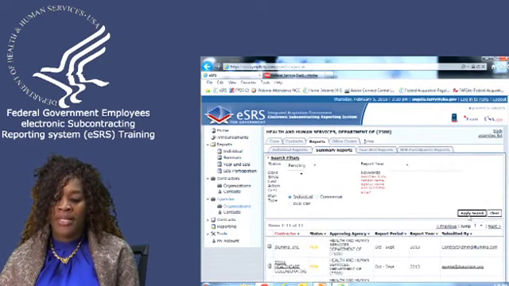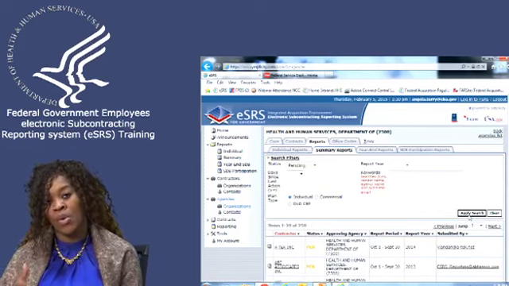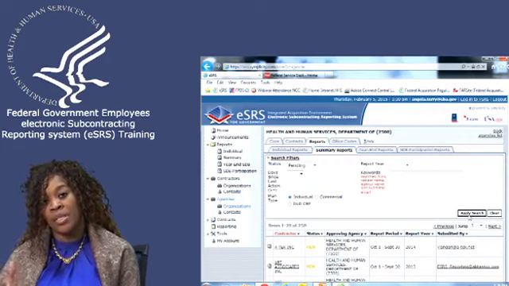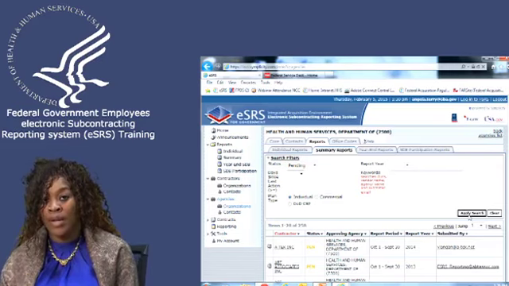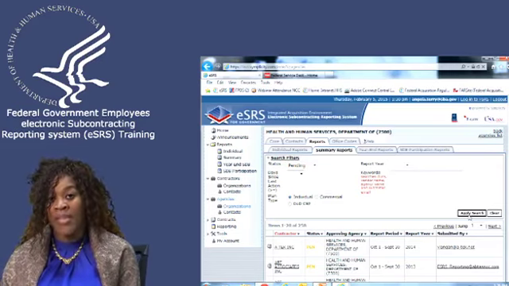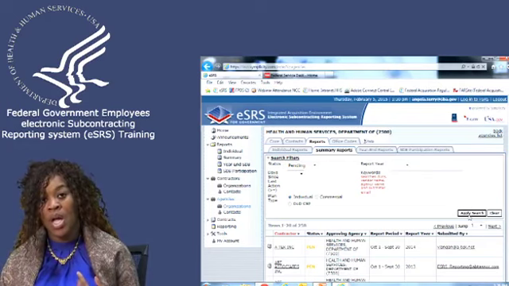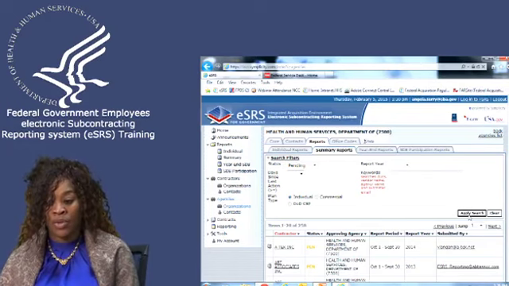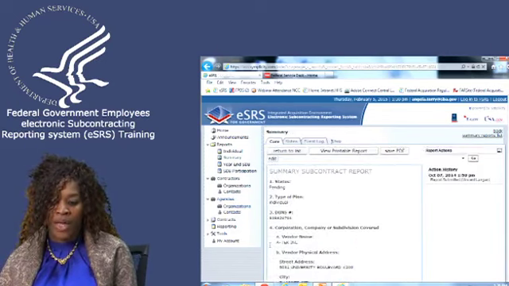So when you look at a summary report for an individual contract, it is because the contractor once met the threshold where they were required to do an individual subcontracting report, and they're now reporting on all of their subcontracting efforts that they have with your agency. That is for contracts that did not meet the threshold, as well as for contracts that did meet the threshold. We're going to look at another agency report for that.